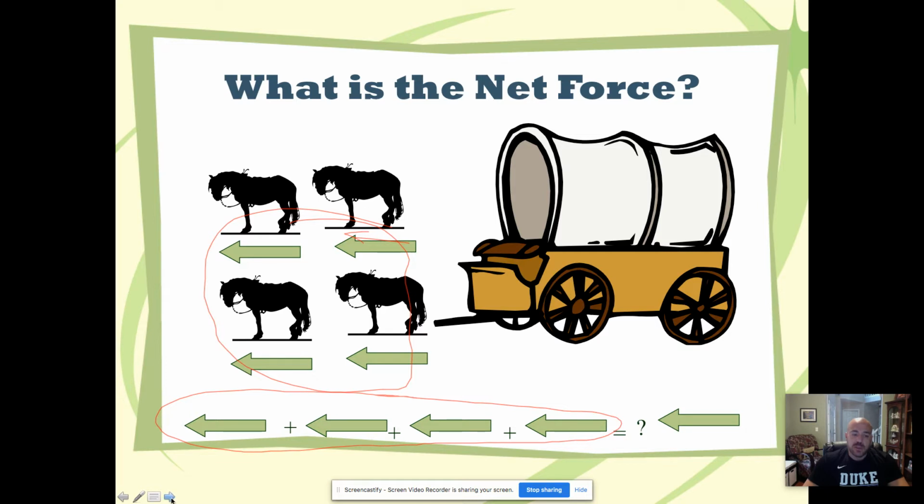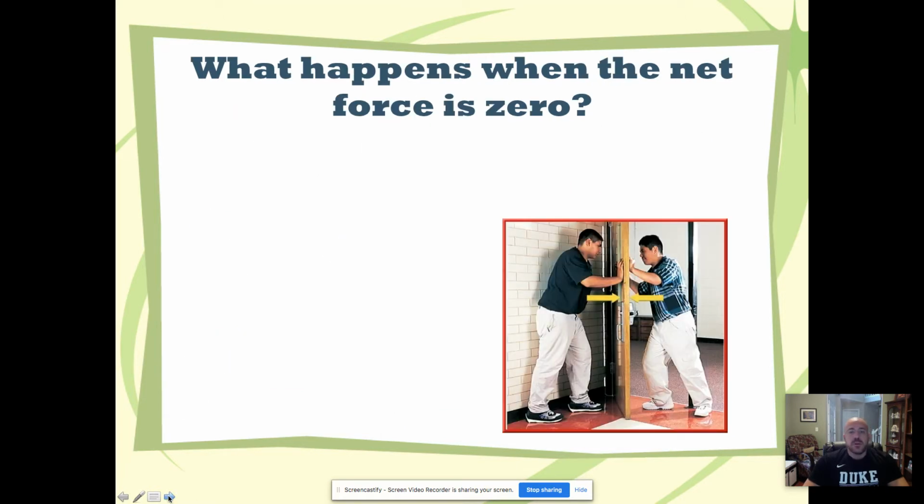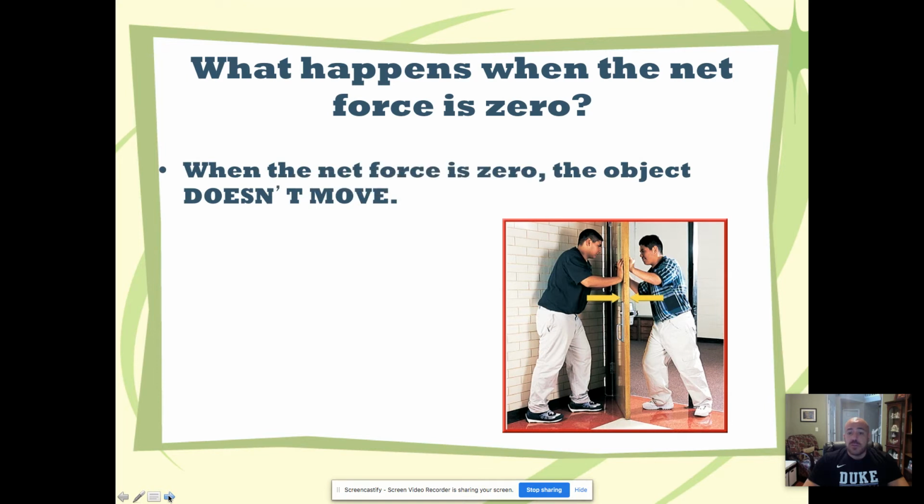In this picture, we have 2 horses pulling toward the left with the same amount of force, 2 pulling toward the right with the same amount of force. So it's 2 to the left, 2 to the right, and that would end up with a net force of 0, which means this wagon wouldn't move at all,